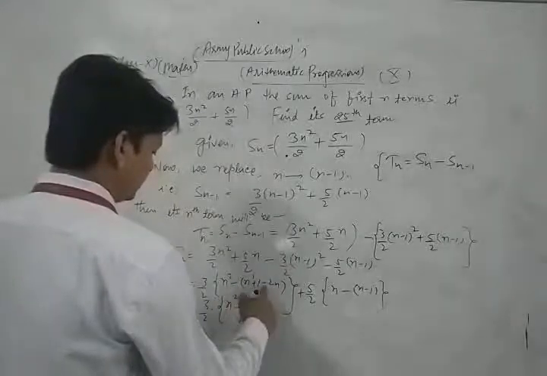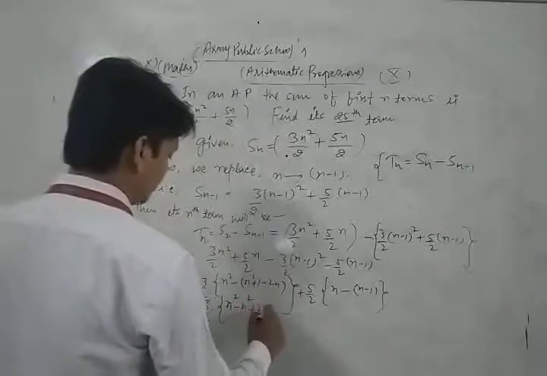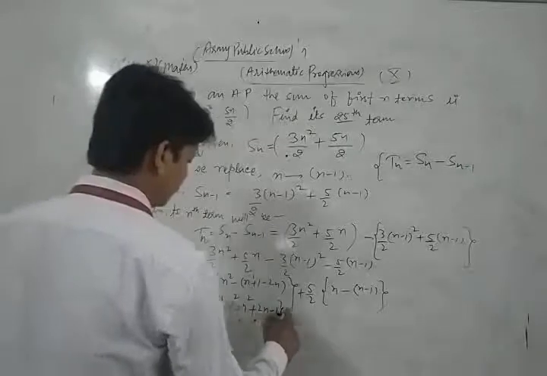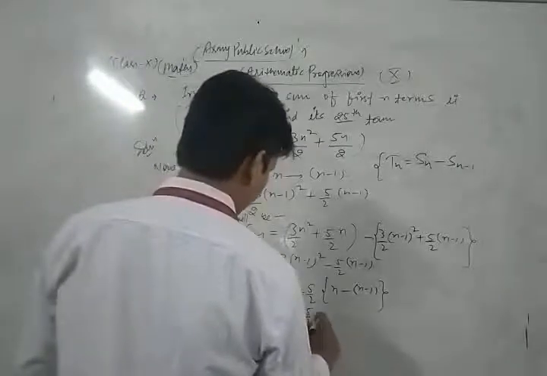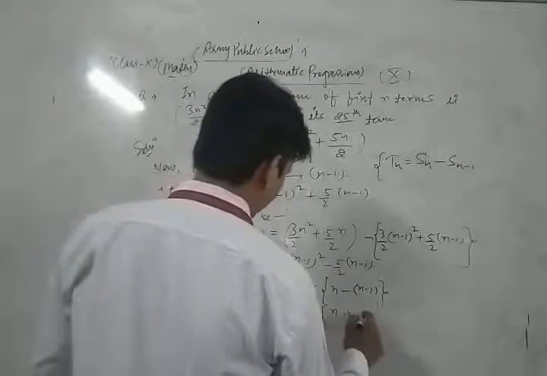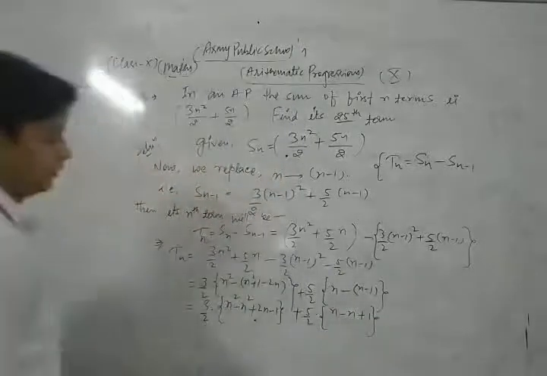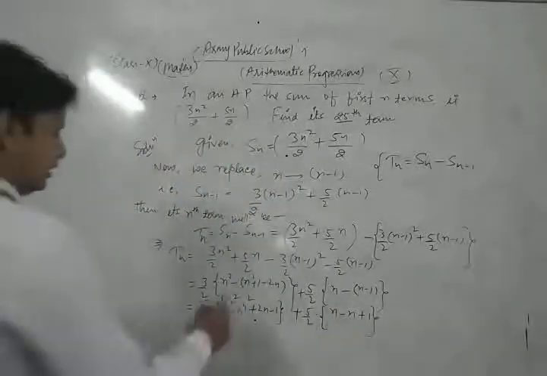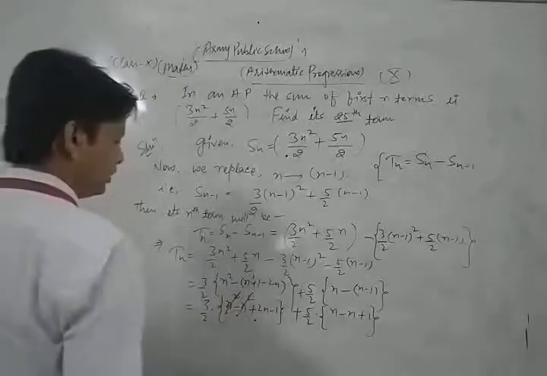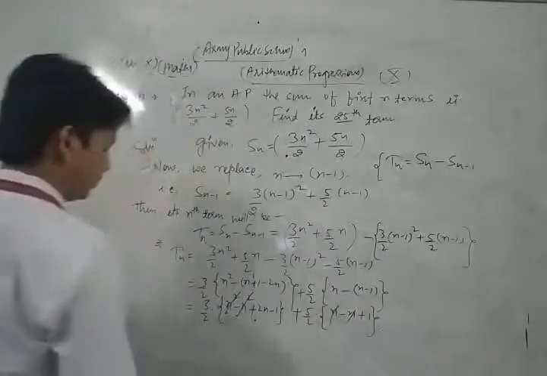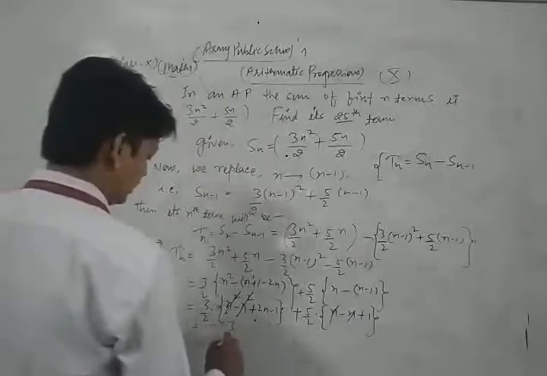We break the bracket, this is my plus and this is minus. So plus 2n minus 1. Okay, now here plus 5 by 2, this is n minus n plus 1. Now n square cancel to each other. Here n cancel to each other. So we get 3 by 2